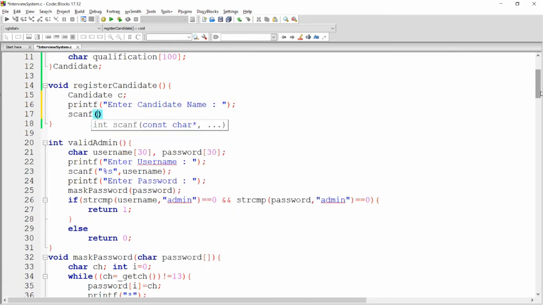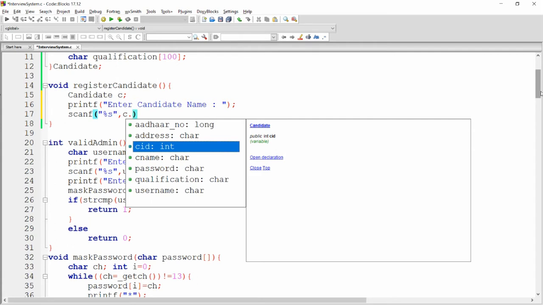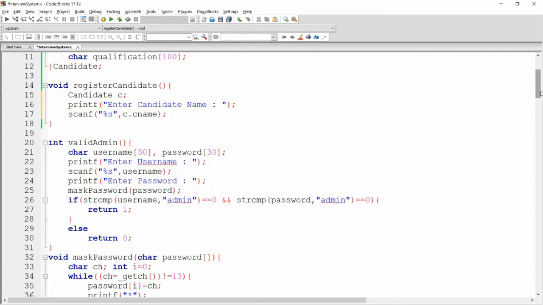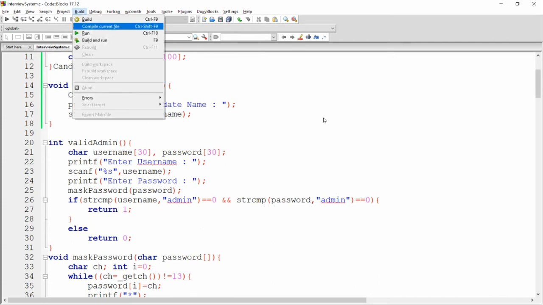For example, whenever you write scanf %s with c dot candidate name, it will not take the space. So I want the user to be able to enter spaces also. So I'm writing here a square bracket, and you can write that it should run until the user provides the backslash n. Now you can save, build and run.